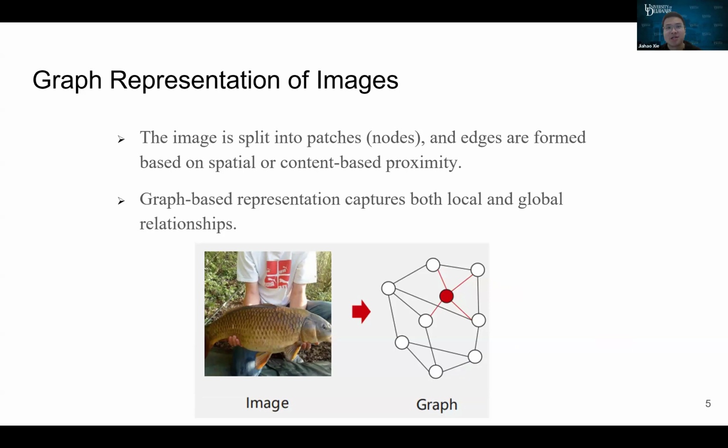In Vision GNN, images are divided into patches, with each patch representing a node in the graph. These nodes are connected by edges that are determined by their spatial or context-based relationships. For instance, patches that are close together in the image or share similar visual content will be connected in the graph. This graph structure enables the model to capture not just local relationships between neighboring patches, but also global relationships